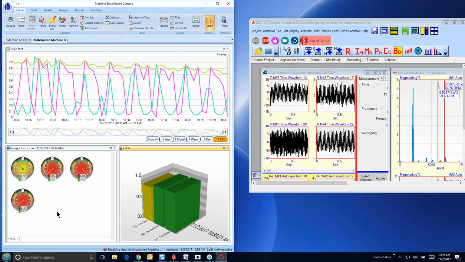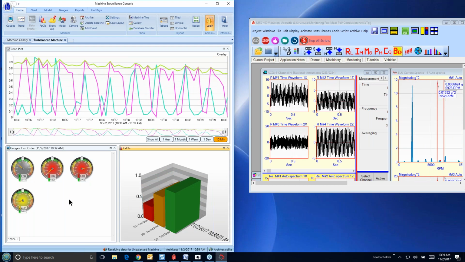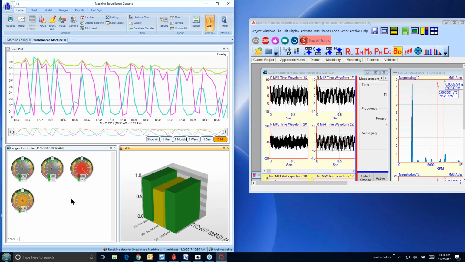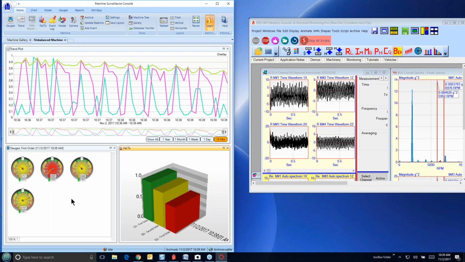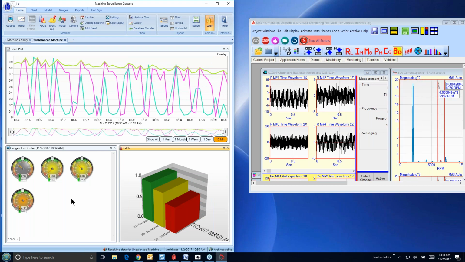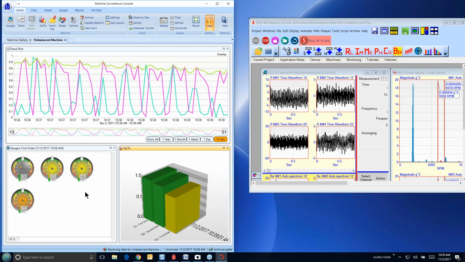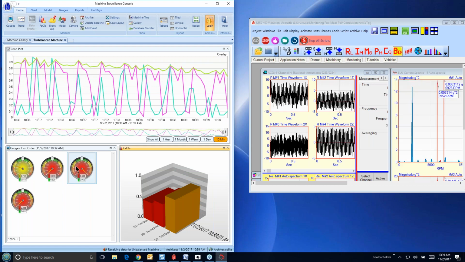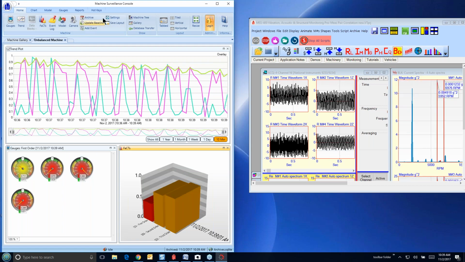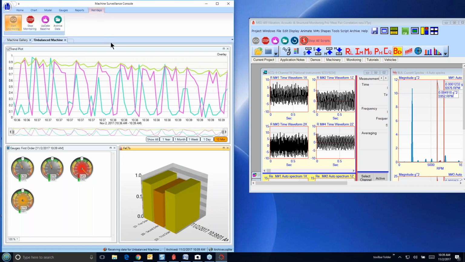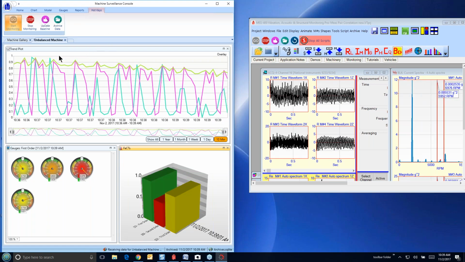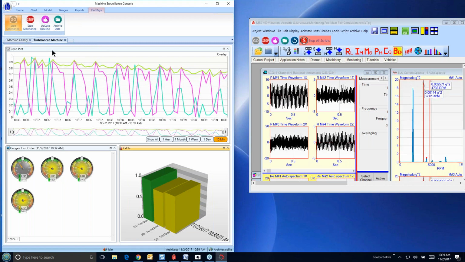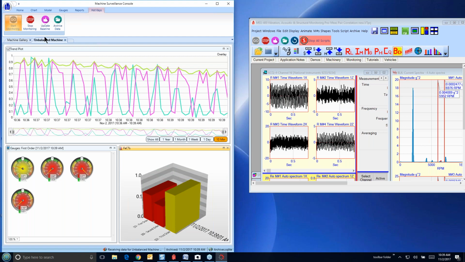You can see my gauges are turning red because, again, compared to the baseline, the machine is changing. So this is quite a varying machine here, although these values are all fairly high. Let me go here. I can actually control MEscope remotely through the database from this program we call the console.